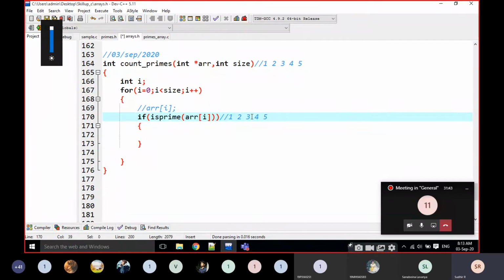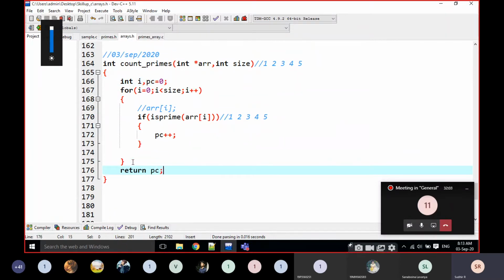Any number, any big number, it is going to find whether the number is prime or not. If the number is prime, I am going to increment it, with PC initialized to 0. And finally, I am going to return the PC value.